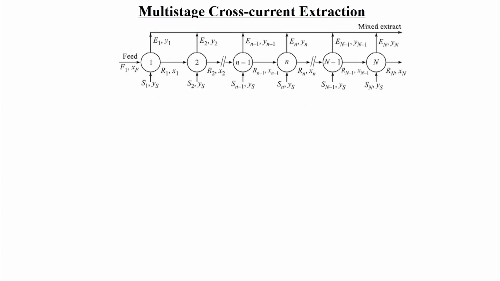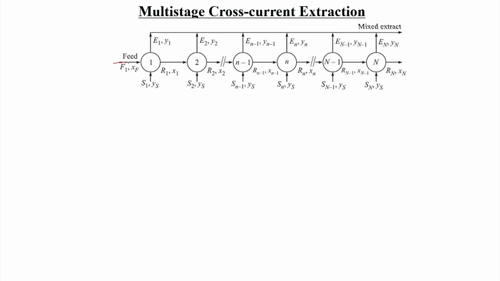This multi-stage extraction operation is of two types. One is cross current extraction, and another is counter current extraction. Firstly, we will be discussing cross current extraction, and then we will be discussing the details of the counter current extraction. So, for the multi-stage cross current extraction, the schematic of the extraction process is this: the feed is